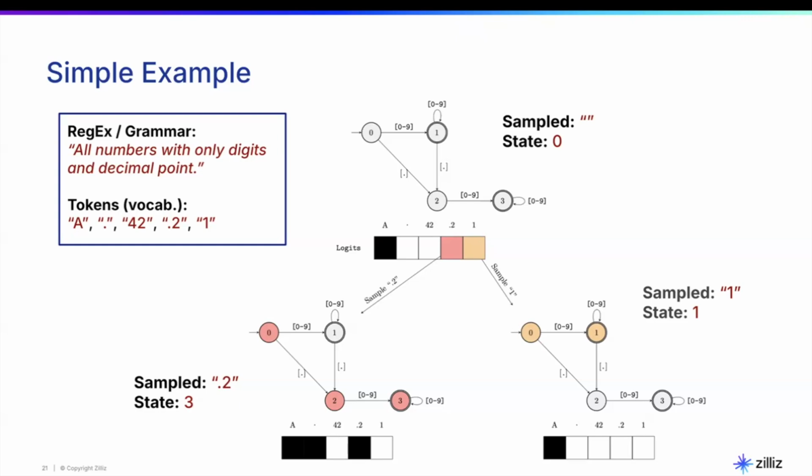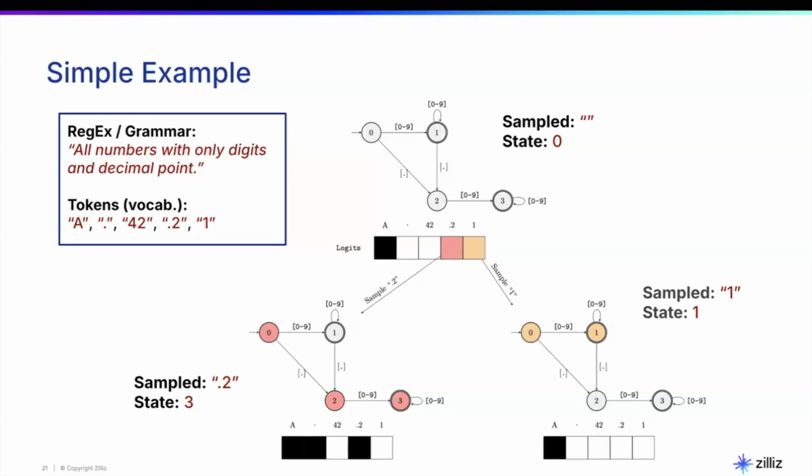So we'll update our string of what we've sampled so far. From this point on, any of the other 4 tokens that are not A are valid, so the mask is the same as the previous state. Whereas if we sample .2, this is what I meant by there not being a one-to-one correspondence between the tokens and the transitions in the state machine. To sample .2, we make the transition to state 2 via a dot, and then we make the transition to state 3 via the digit 2.